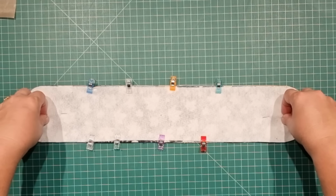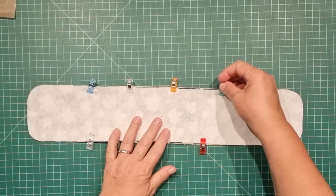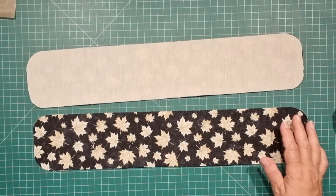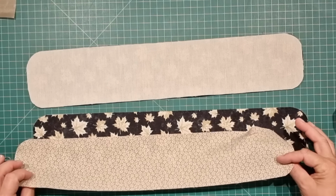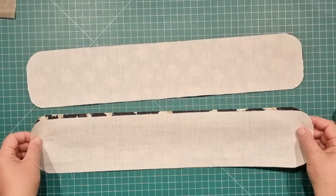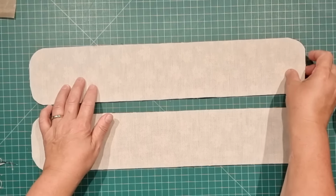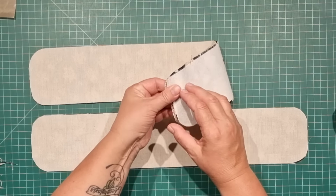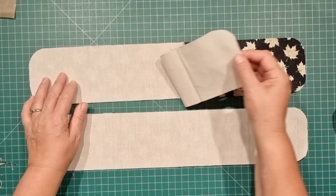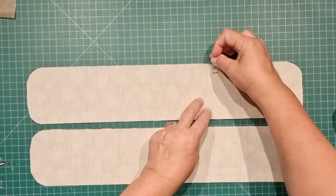All right, with those edges curved, we can put our layers together. Grab one piece of fabric with a stabiliser on it, and then take a contrast piece that doesn't have any stabiliser on it, and we're going to place those printed sides together, and we'll do the same for the other one. So we've got stabiliser on one side, our patterned fabric, and our contrast layered together. You can pin or clip those edges together,